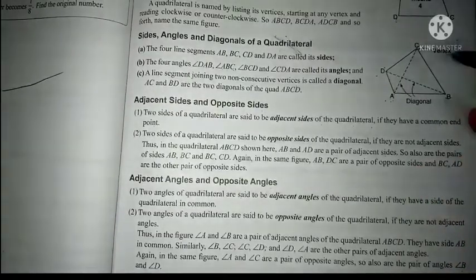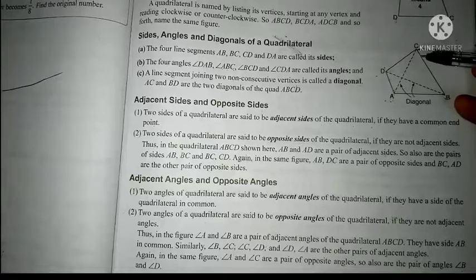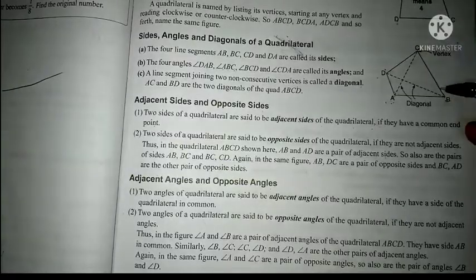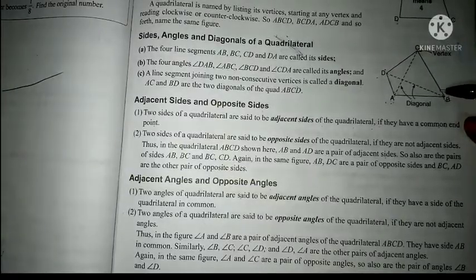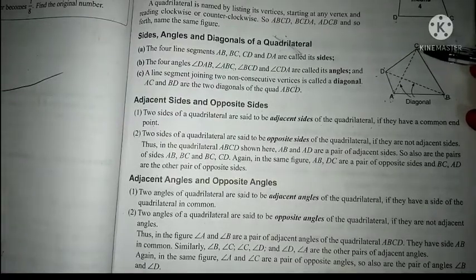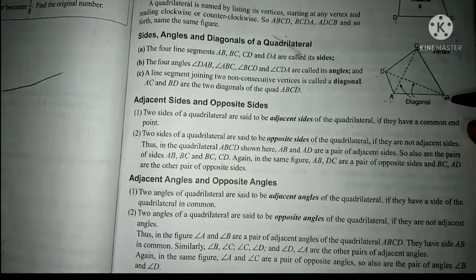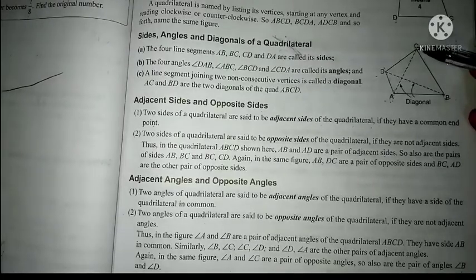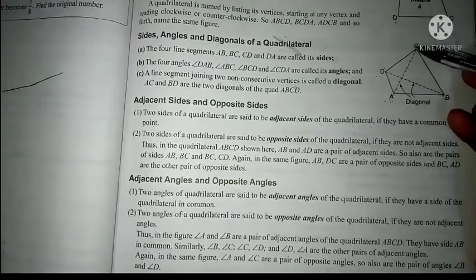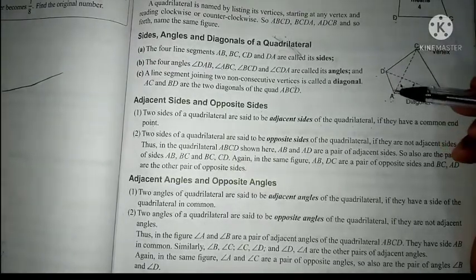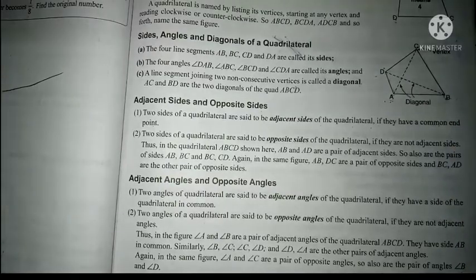In the same way, if I consider this portion, this is a line segment. This is the end point of this line segment, and this is also the end point of the line segment. And this is also an angle of this quadrilateral. So B is an angle, C is an angle, so B and C will be called adjacent angles. Then in the same way, C and D, D and A. So these are our adjacent angles.